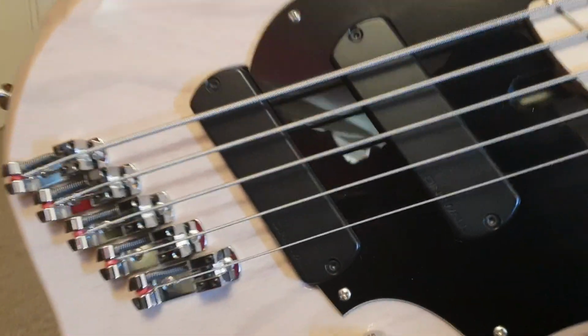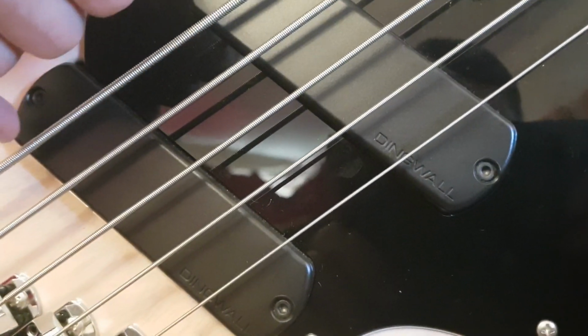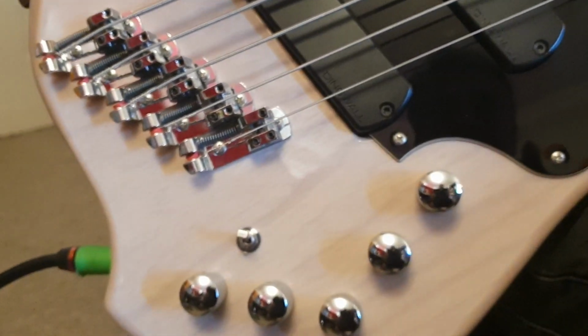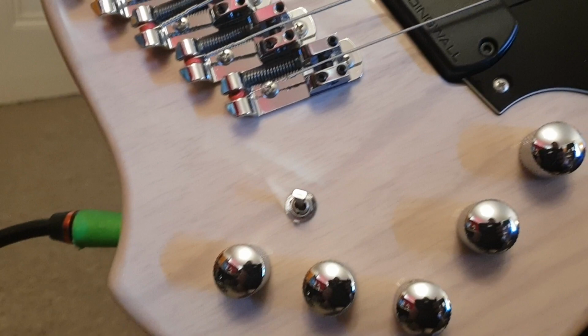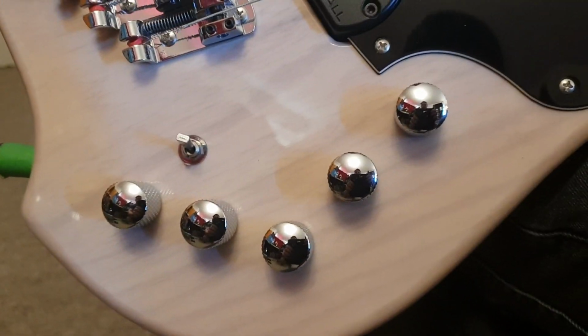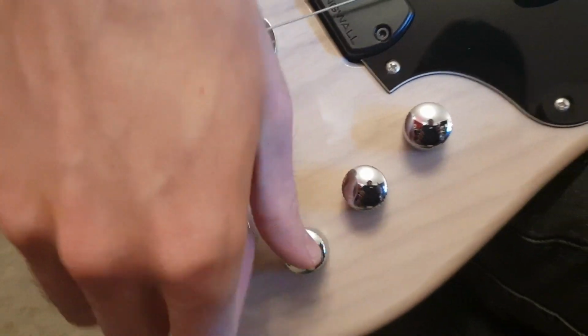What are these pickups? Neodymium. Gotcha. Neodymium pickups, and they're from Dingwall, so they're proprietary pickups. And you can switch from active to passive with the toggle switch there. And then tell us what all these crazy knobs do. This is actually quite a standard setup for any active bass. So you've got your volume,